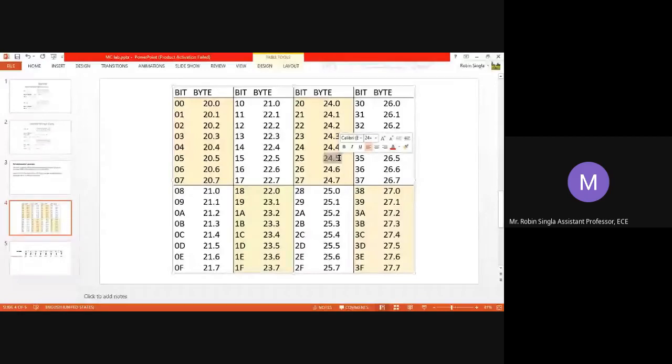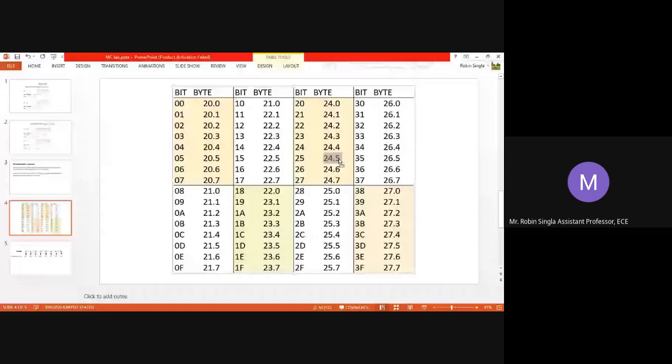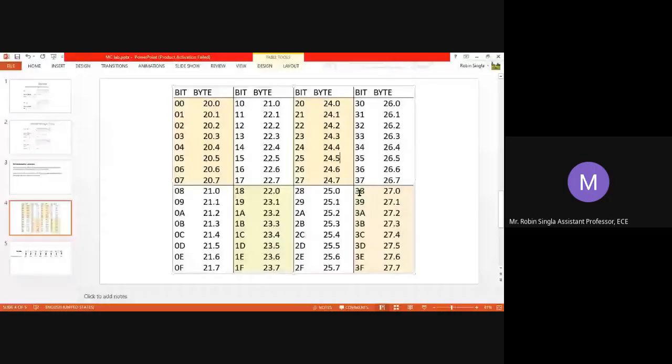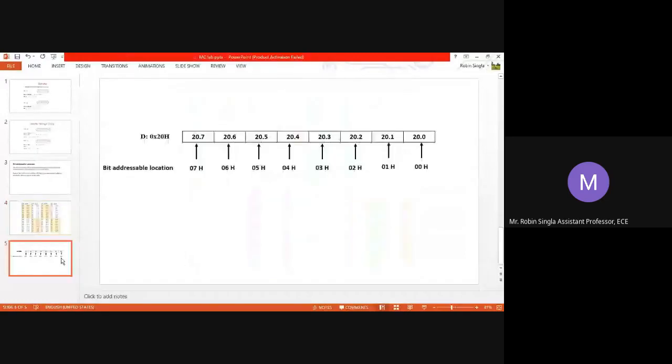If we start from 0, the 5th bit of 24H memory location. Let's say I want to address bit memory 38. Then we have to address the 7th bit of 27H memory location. Okay, so this is how I have tried to explain it.